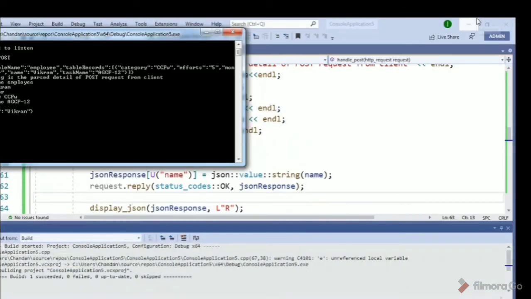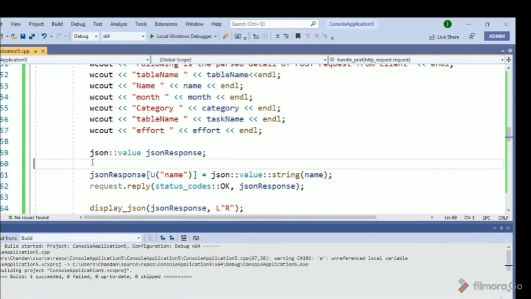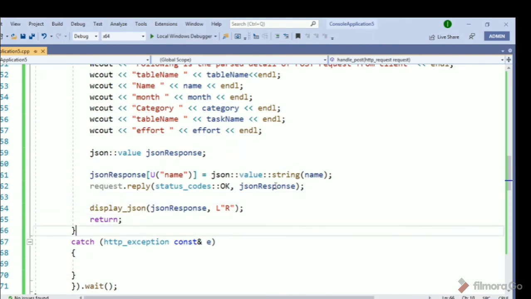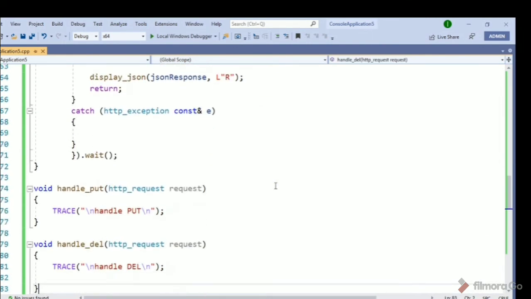So we received some reply. Okay, so this is the response we are sending to our server, the name Vikram, the key name Vikram, which we store here. So here we have seen how we can receive a request and reply back to our HTTP client.